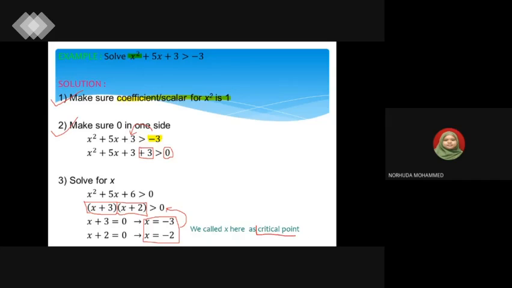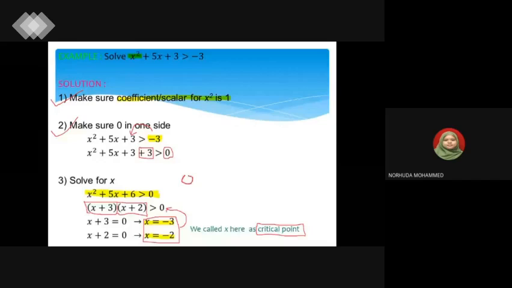Why do we call it critical point? Because when we substitute x into the inequality, you will get